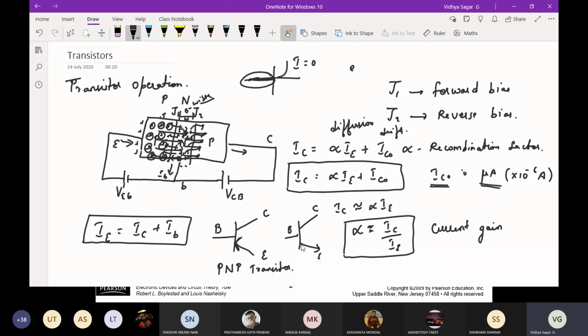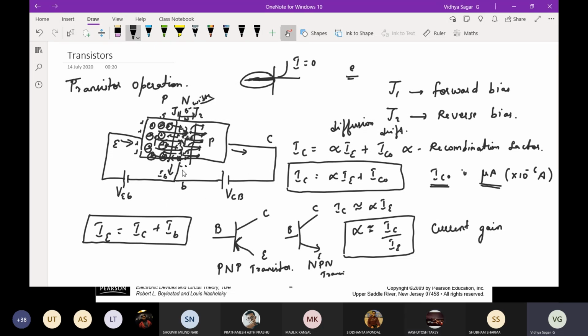So for PNP, this is what we are discussing. For NPN, it is exactly opposite. So this will be N, the base will be P, and this will be N as well. So the flow will be in a similar way, but the direction I'm going to take as outside. Why? Because it is of electrons. So the arrow mark will indicate outside, where we define this as an NPN transistor. This will be the symbol of your transistors. Clear? Yes, sir.